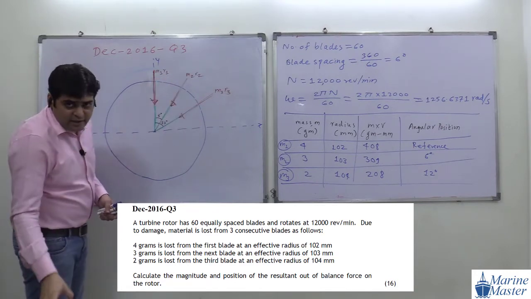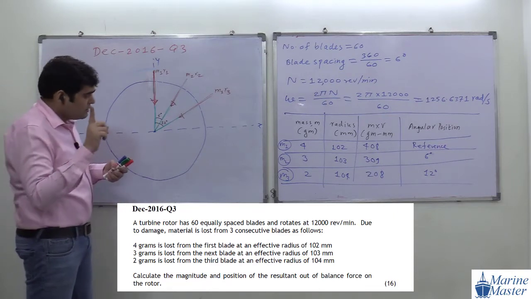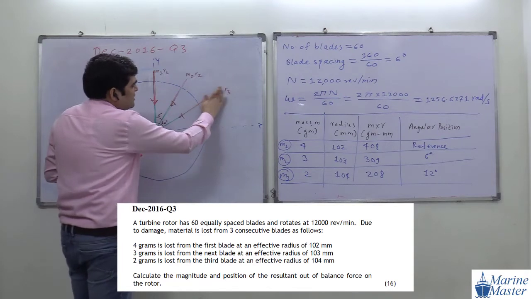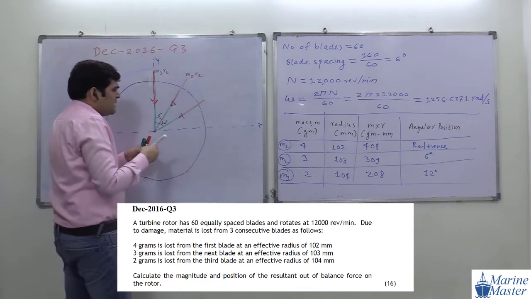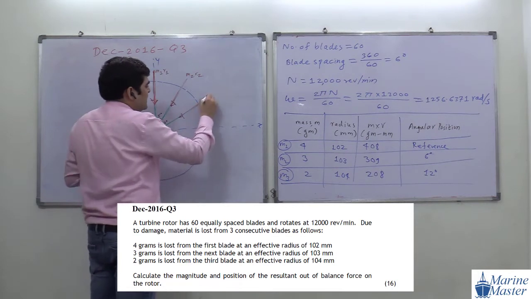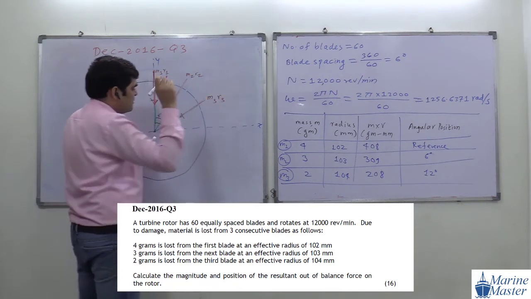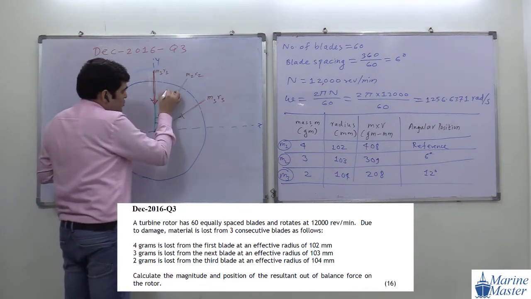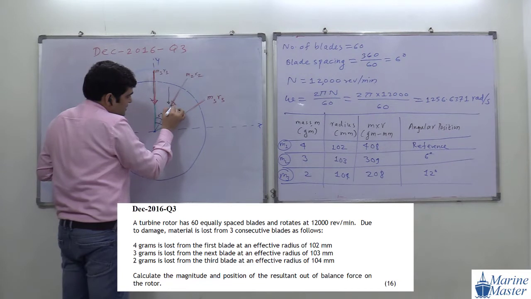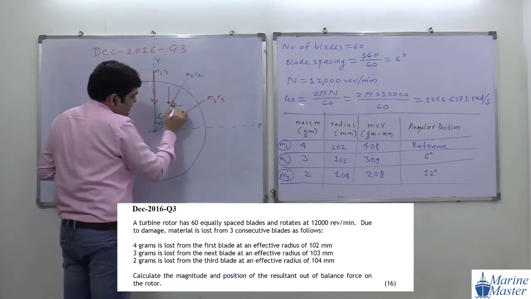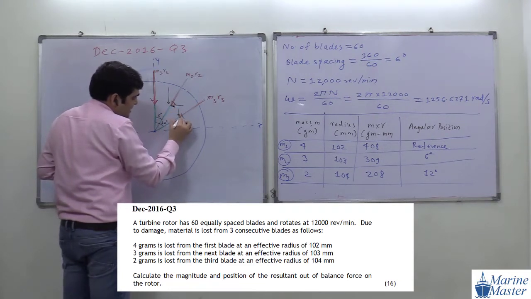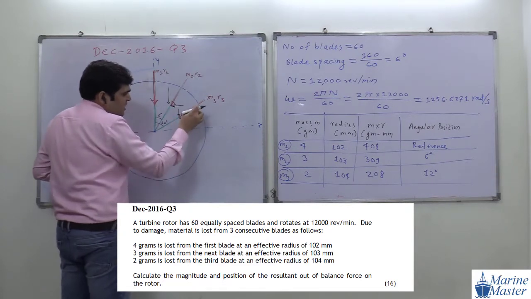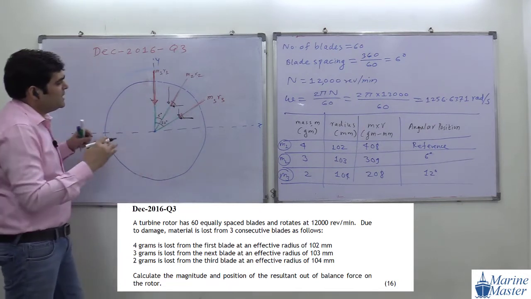Now, how do we make the components? We need components also. For making components, see the scenario here. We are not making a rectangle because making a rectangle will make things more complicated. Here the forces are inward, so the components are also inward. So one component like this, one component like this for here. Here also one component is like this, another component is like this. We are making shorter components here because adding all these things will be a little bit difficult.